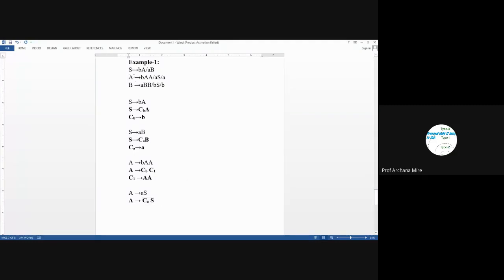Let's check the next production rule, that is A leads to A. Now here A leads to A, a single non-terminal leading to a single terminal symbol. So it is allowed as per the definition of Chomsky normal form. So it is in the CNF. We don't need to do anything for that. Let's check the next production rules, which are for the variable B.